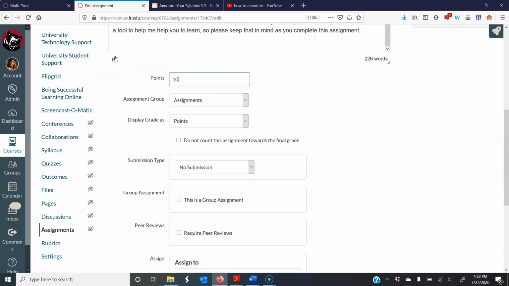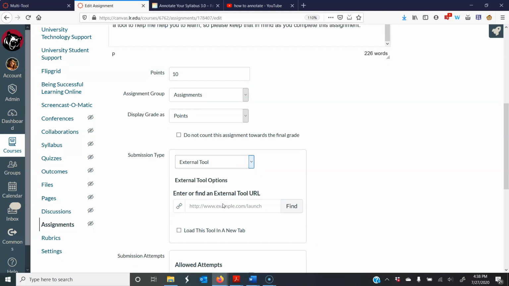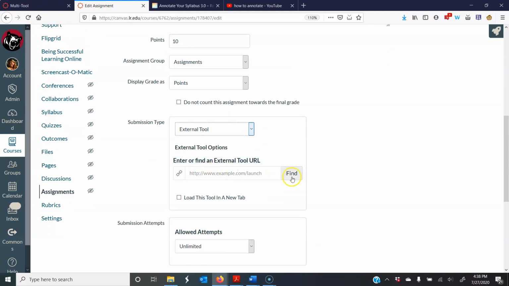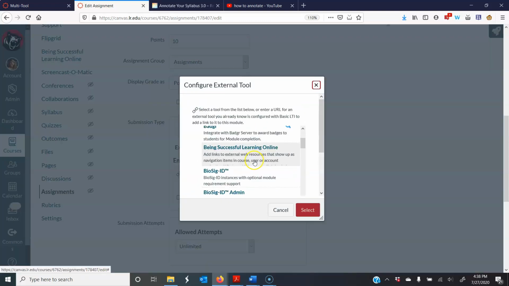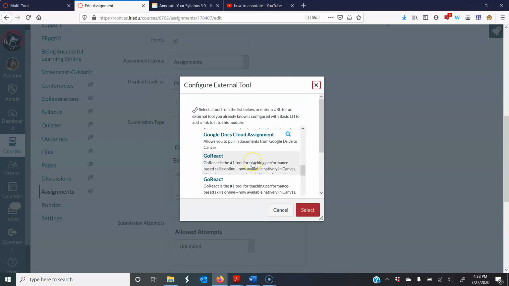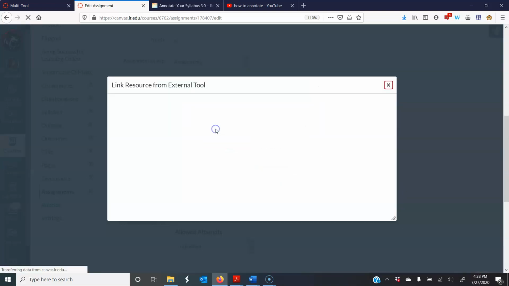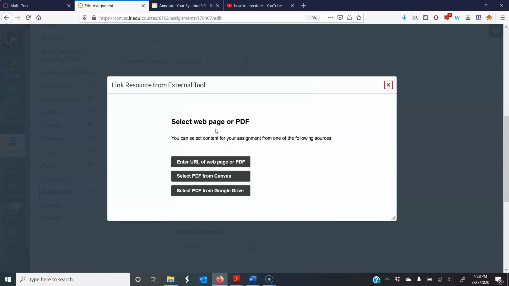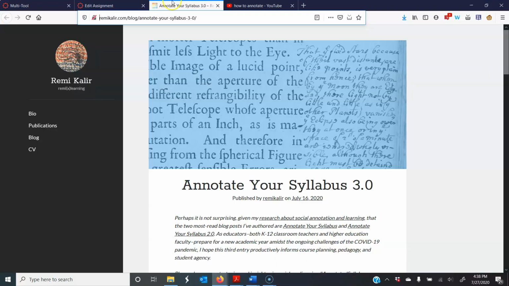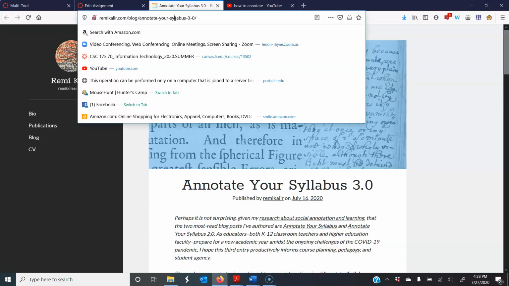Now, here's where the hypothesis part comes in. Under Submission Type, you're going to choose External Tool. When it says Enter or Find an External Tool, you'll click on Find. You will click on Hypothesis. And now you have three choices. If you have a website that you want to use, you could click Enter URL of the web page or PDF. So I click on that, and I'm going to go